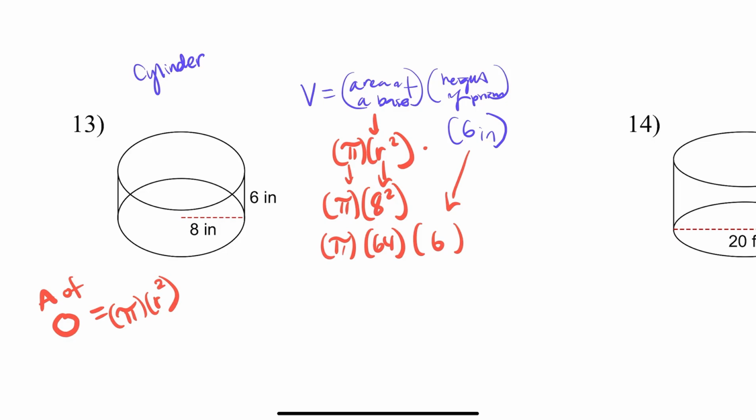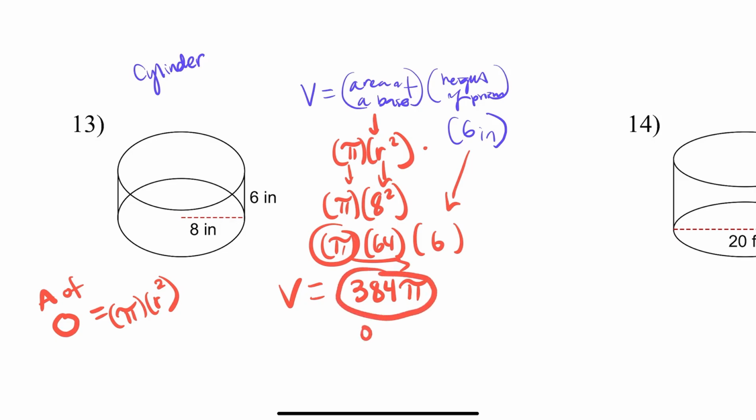You can leave this in pi form or fully done. I'm going to write it in pi form first. What I mean by that is I'm going to set aside the pi, and I'm only going to multiply these two, 64 times 6. And so I can say that the volume is 384, and then I can bring the pi back next to it,